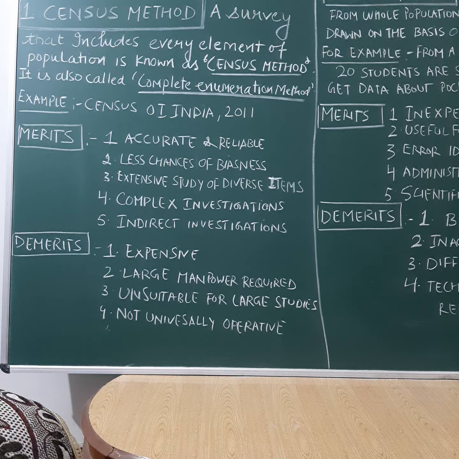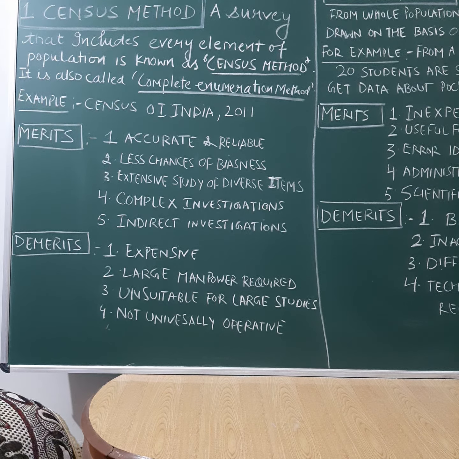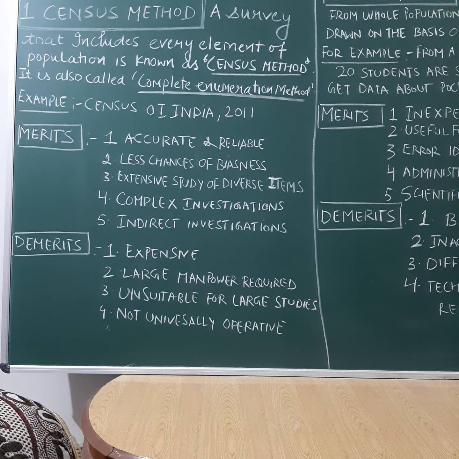Now when we are going to collect the data, we have studied five methods. Related to these methods, there are two more ways in which we collect the data. This is the census method and the sampling method. Briefly, I will tell you the difference between the two first, before starting word to word.